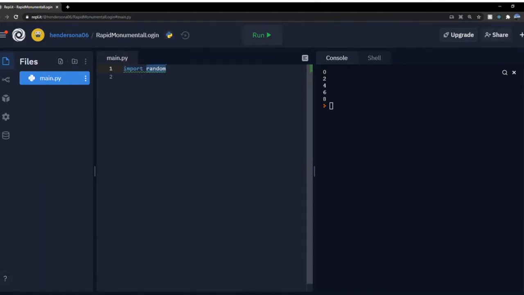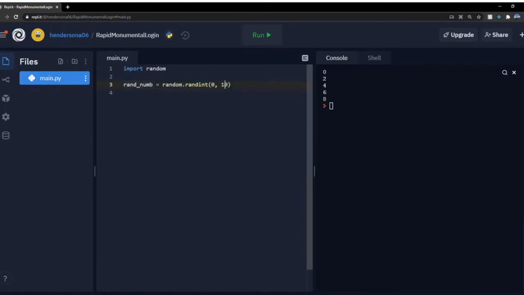get a random number. So what we're going to do here is, you're familiar with this, we'll just say rand num, feel free to call this whatever you want, I'm just going to call it that, and we'll say equals random dot randint, and then we'll give it our range. Let's just start with a range from 0 to 10. What this is going to do is just generate a random integer. Remember, an integer is just our whole numbers. This is going to generate a random integer between 0 and